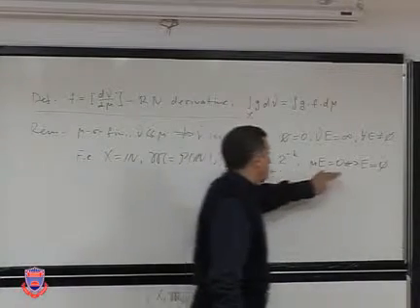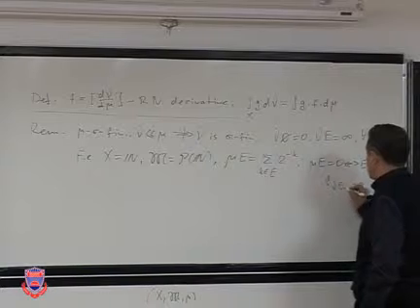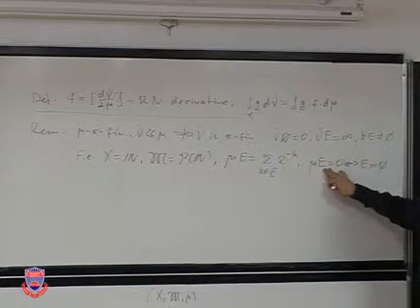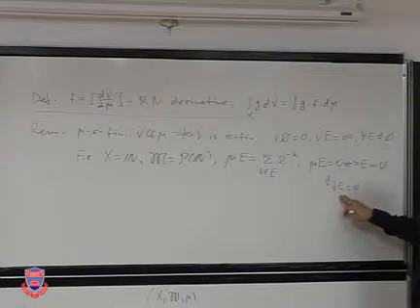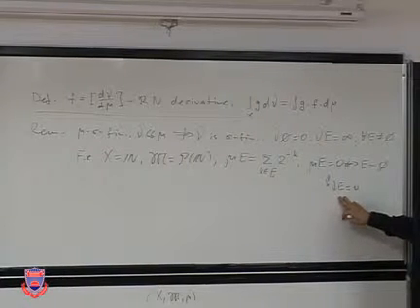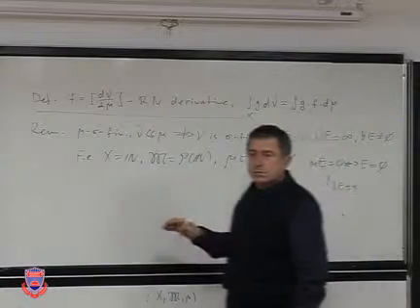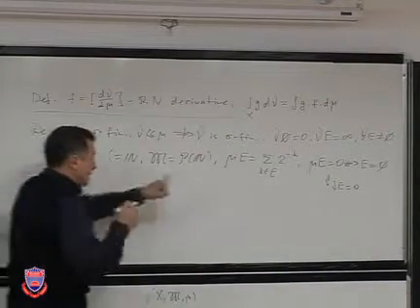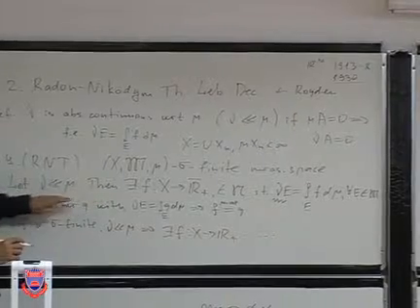Now, of course, from here it follows that nu of E is 0. So this is not only sigma finite, this is a finite measure. This is an absolutely continuous measure with respect to mu, but of course not sigma finite. You see? Questions? Nevertheless, this satisfies the first version of the Radon-Nikodym theorem, because in the first version we don't say that